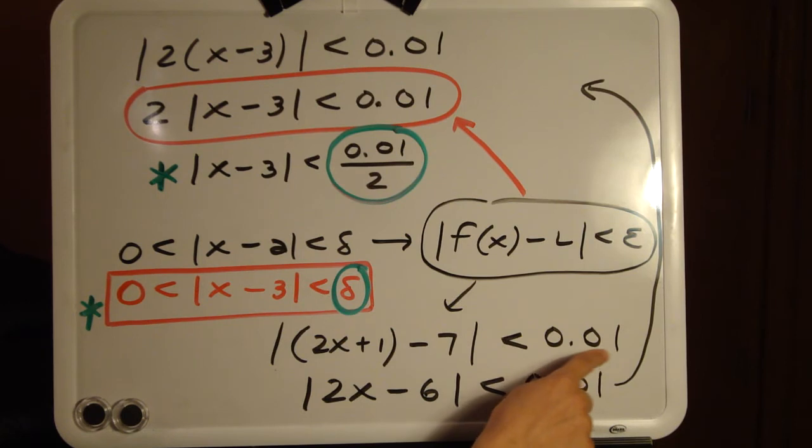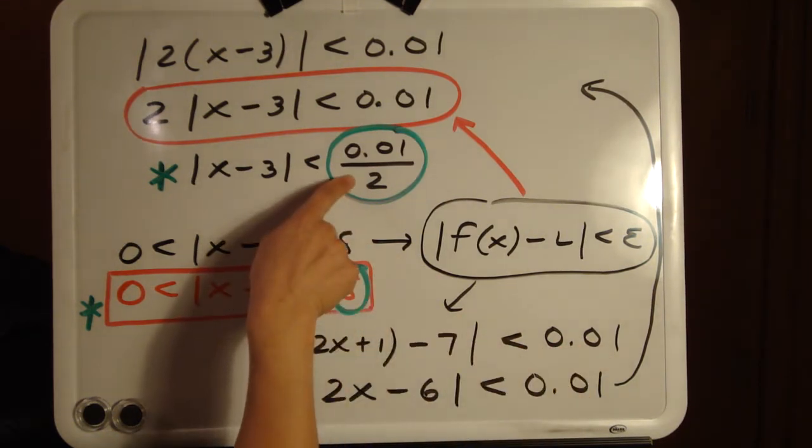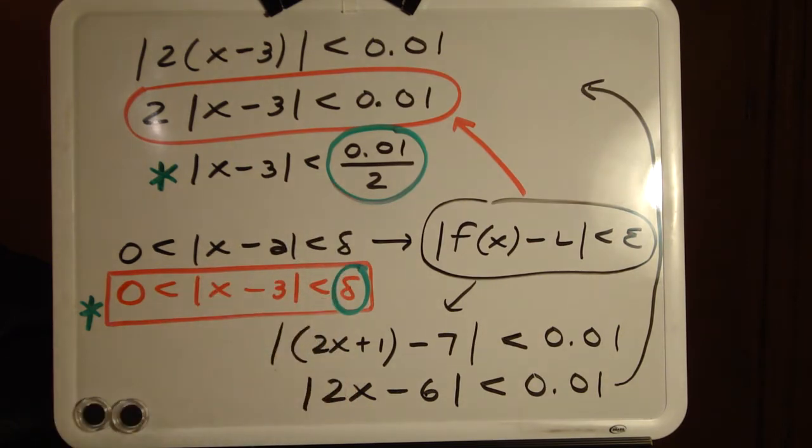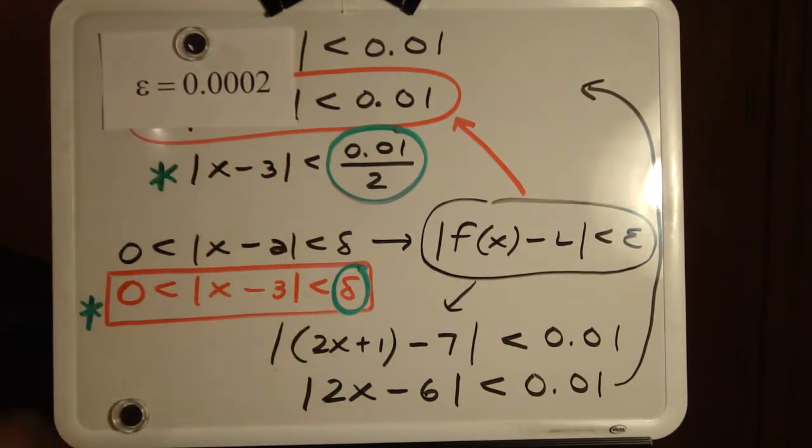Okay. And again, the reason this is challenging is because this just indicates that if you pick epsilon equal to 0.01, there's a corresponding delta that you can find that's going to work. In this case, you can tell by the relationship 0.01 divided by 2, that will always be your delta value. So if someone challenges you with the same type of thing, saying, now let's change the epsilon value to something even smaller,